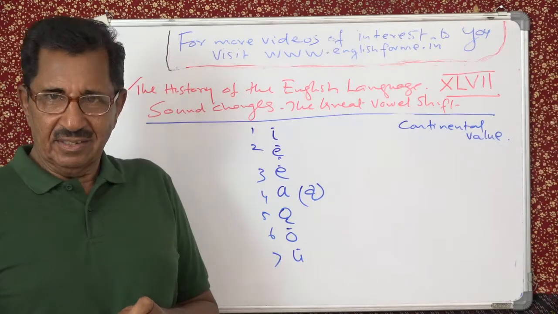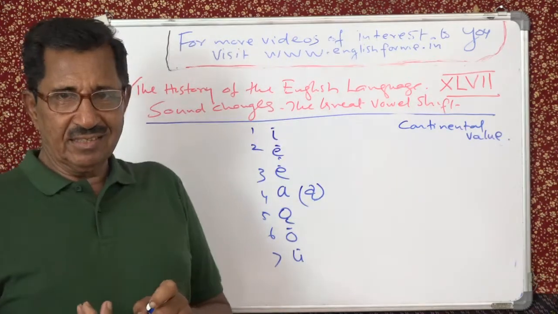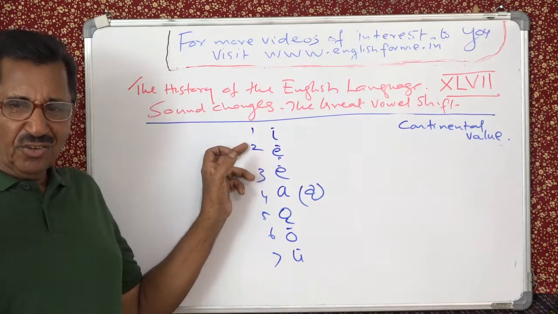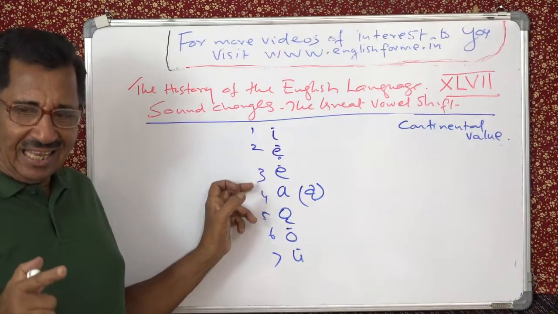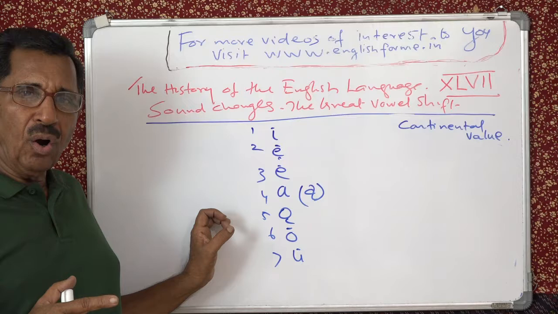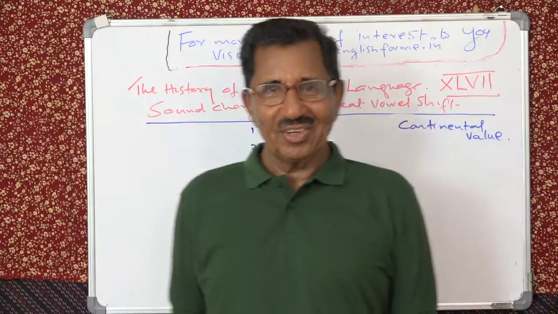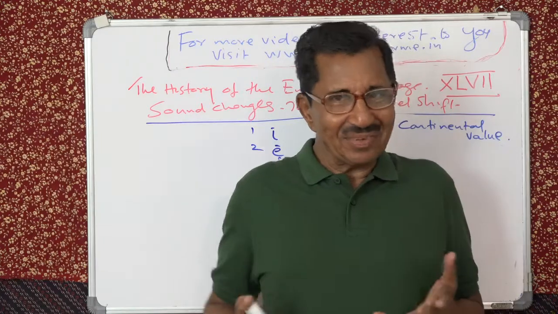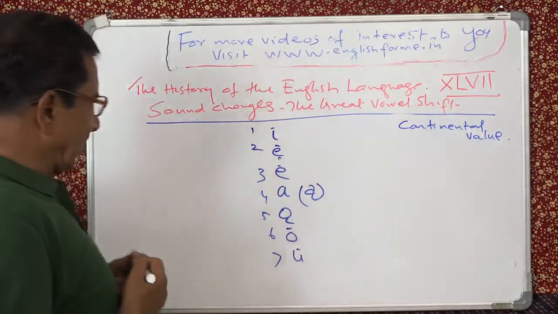I hope you understand. Now what happened is this. These long vowels, the first one was pronounced as E, A, A, O, and O. If I pronounce it like this, it may sound funny to you. So I will write down examples so that you can pronounce it for yourself. See, the first E was pronounced like it.